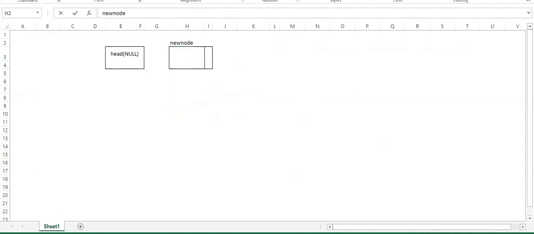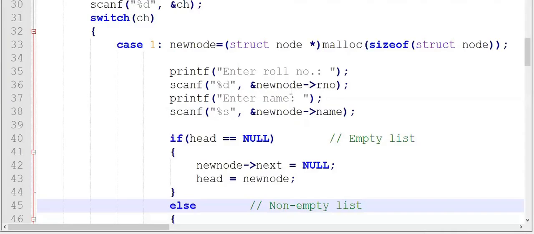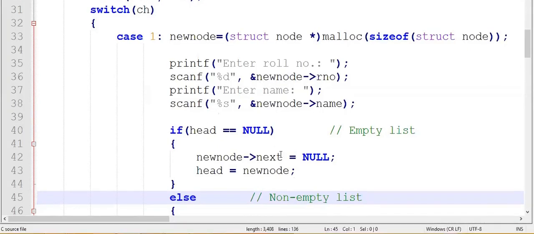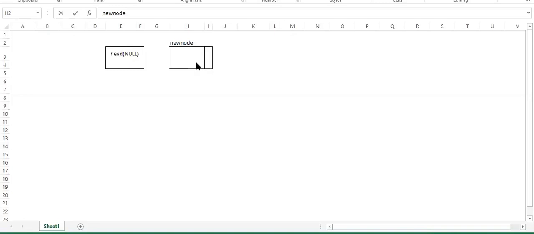Let me show you once again. So here you see new node roll number, and then when you have to enter the name, it says new node name. So now where is this value going to be stored? So this value has to be stored in the data portion of a new node. So this is the data portion of the new node.